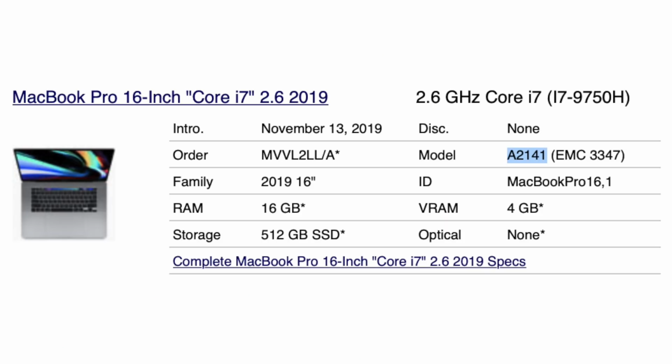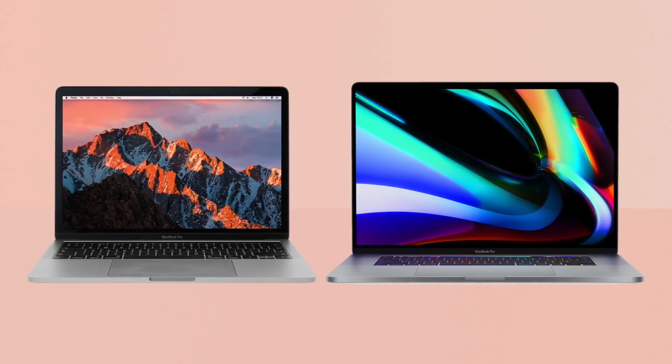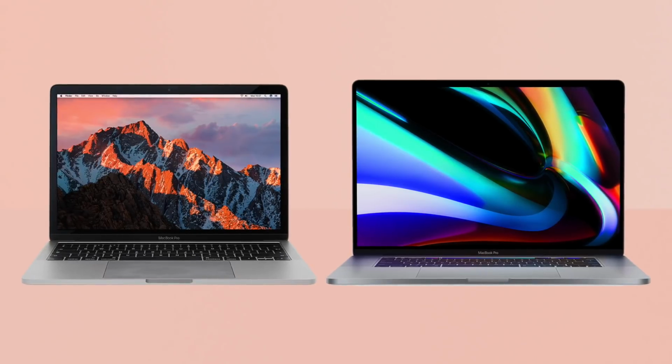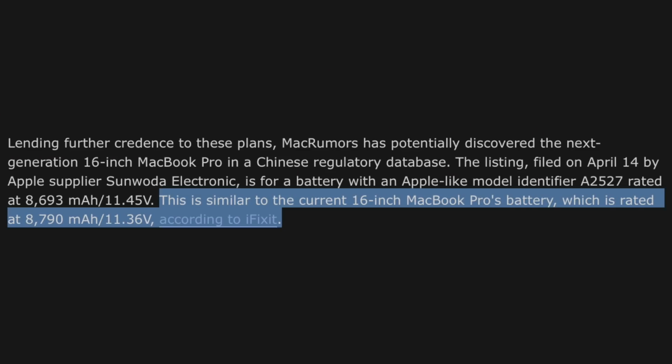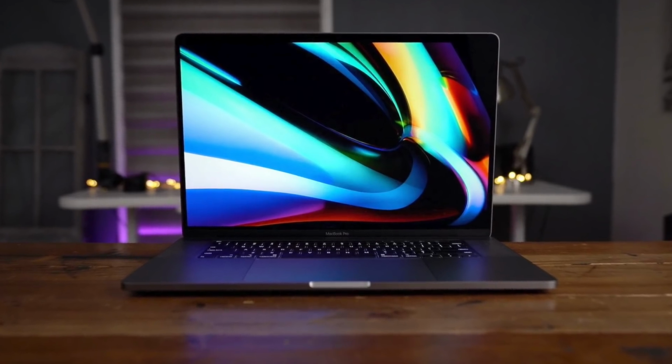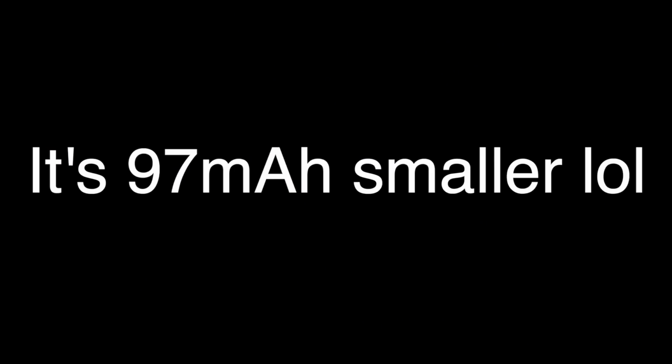That's something we always see, but more importantly, the battery capacities are pretty similar to the existing 13-inch and 16-inch MacBook Pro. So for example, the first filing had a battery capacity of 8,693. Now that's very similar to the 8,790 of today's 16-inch Intel MacBook Pro. Now before some of you guys start panicking, yes, I know the M1X apparently has a smaller battery than the current 16-inch MacBook Pro, but you do have to consider that A, the battery difference is very minor, but B,